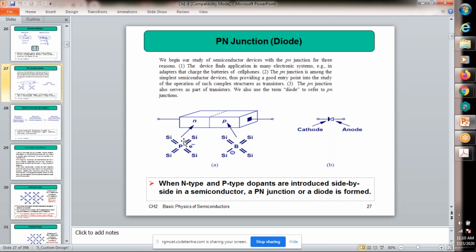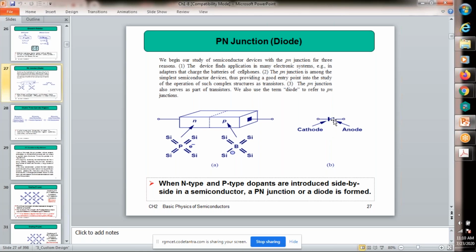Here in the N-type semiconductor, depending upon the pentavalent impurities, here you can consider phosphorus. And here the majority carriers are electrons. Here in P-type, trivalent impurities are doped. Here there are more holes. Instead of writing each time the structure like these rectangular boxes, simply use a symbol. So this is the symbol for a PN junction as a diode.